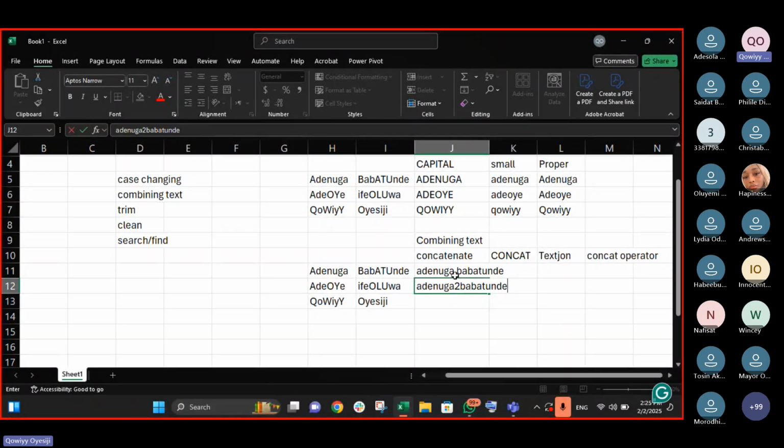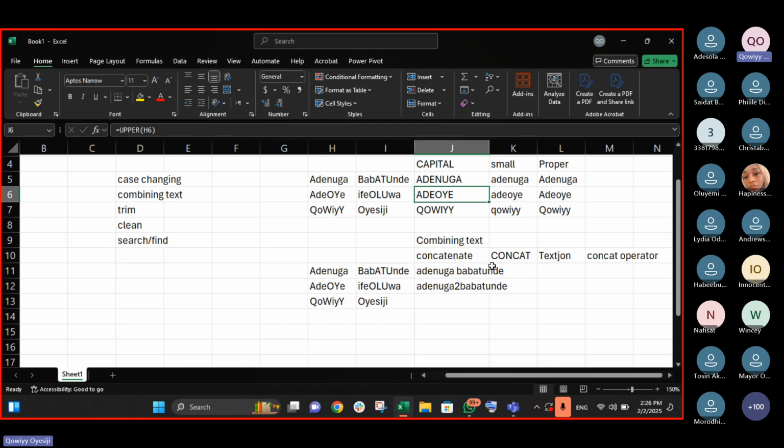You see, you need to know first that whenever you are using a function, if you want to use your hand to type, you know what I did here? I referenced this cell. But whenever you're using a function, if you want to type, take note of that statement: I want to type. Either it is a space I want to type or a number I want to type.